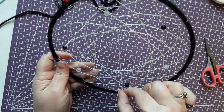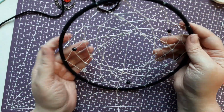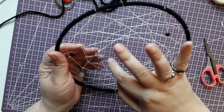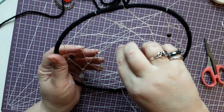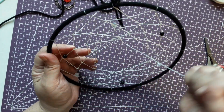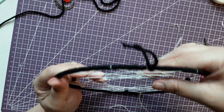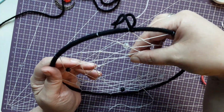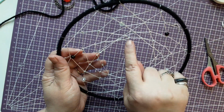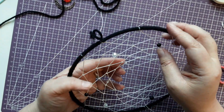Okay, and so I want to put a dangle in the middle. Traditional dream catchers don't usually do that. They'll keep going all the way to the center until there's no holes left. But most of my dream catchers are just pretty to look at. Alright, but when I get to that point, if I want to put a dangle there, I will